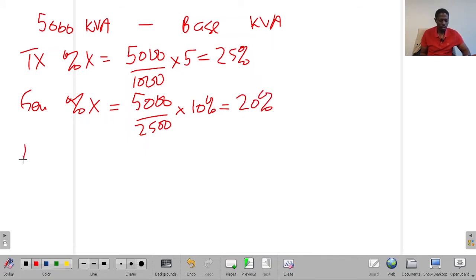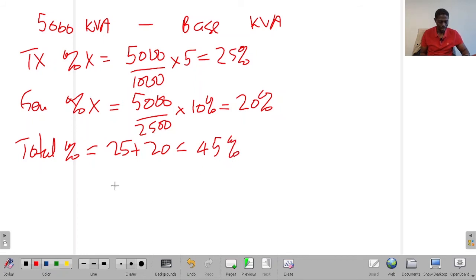And the total percentage reactance at base KVA is going to be 25 plus 20, which gives us 45%. And from there, we calculate the full load current, which is 5000, the base KVA,